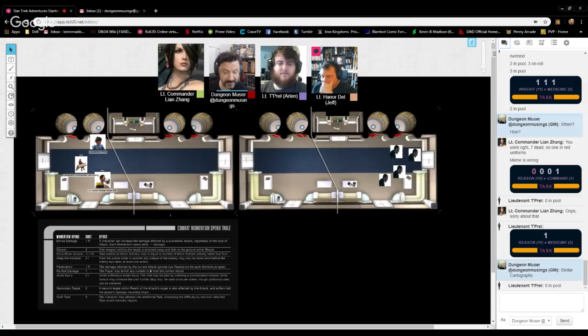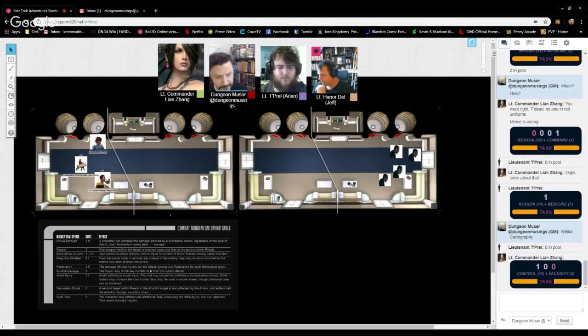Okay, so you get your phaser out. You got 3 dice. Go ahead and make your roll. You don't have any foci that would apply, right? Oh, complication! Nice. Love it. Okay, so what I'm...